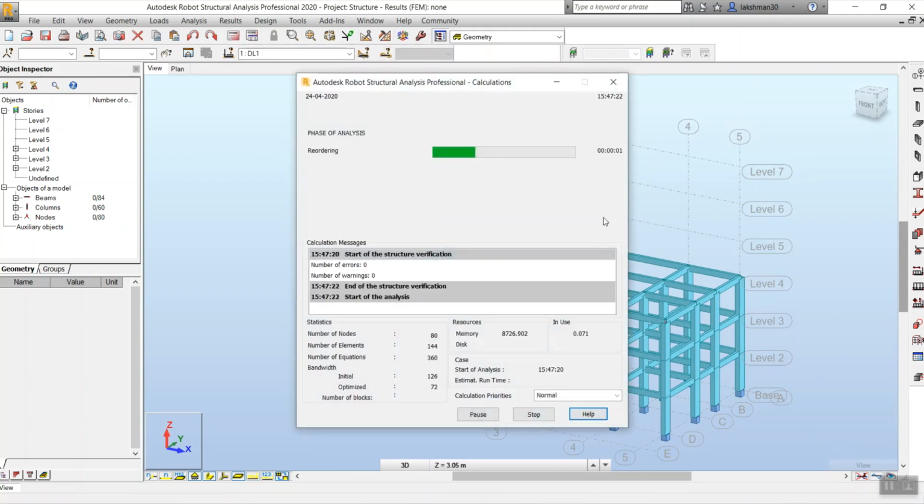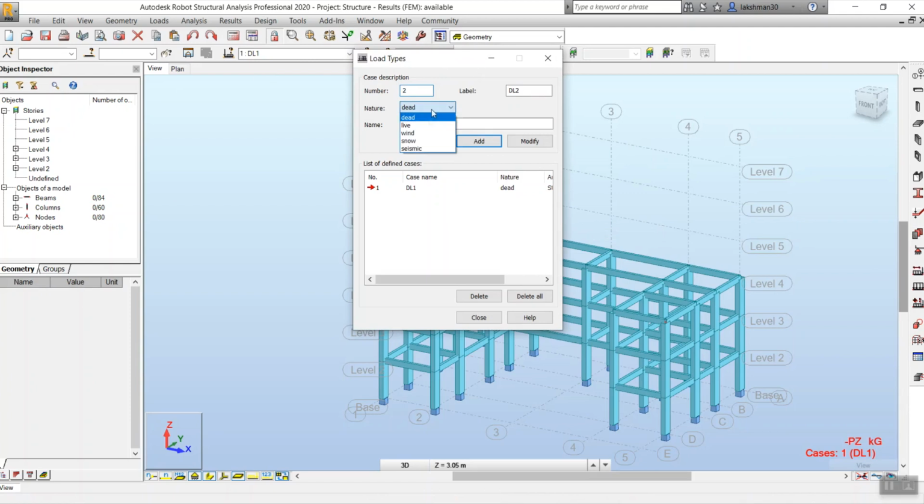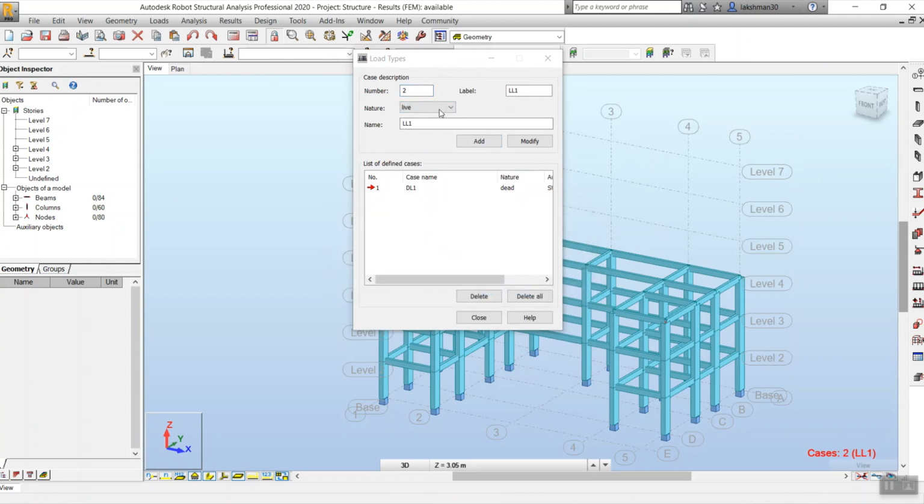This is a repeated process, which you can also see from what I did previously. Now I'm going to add my live loads. Add live load, add.